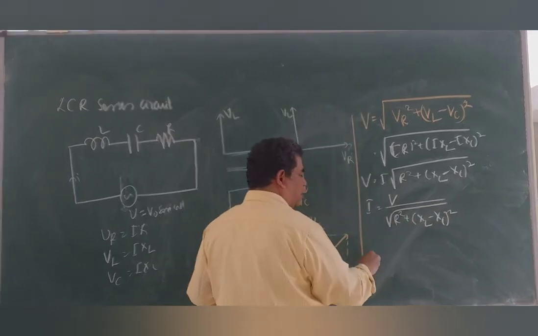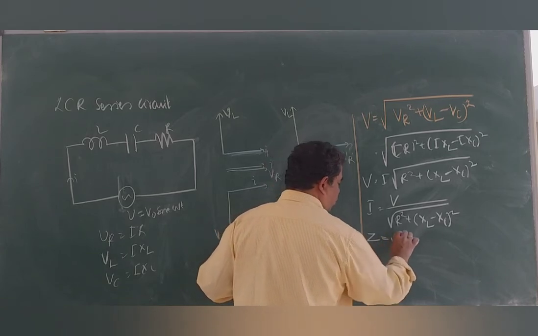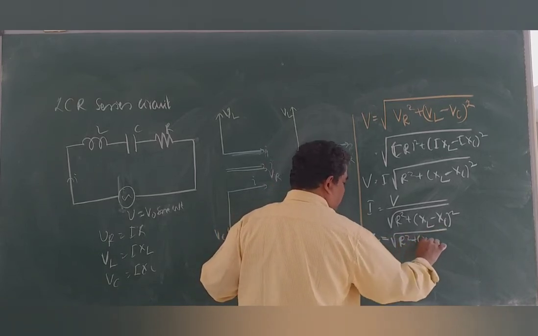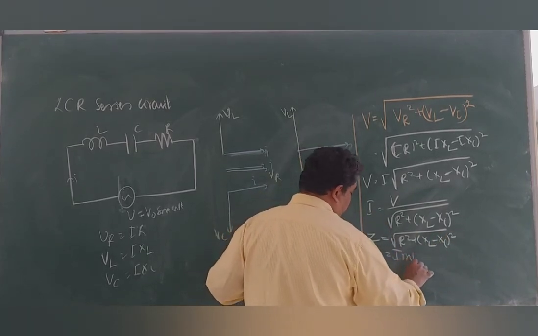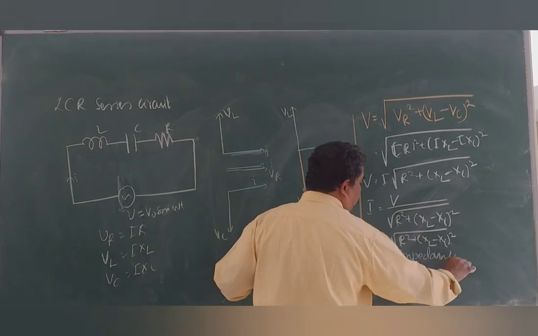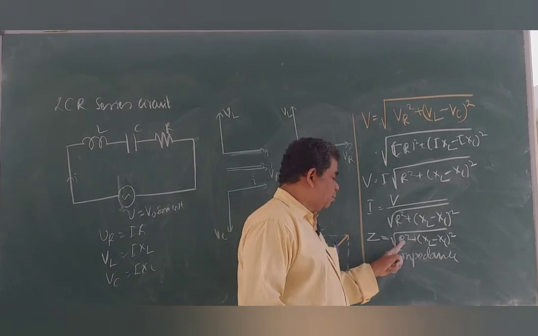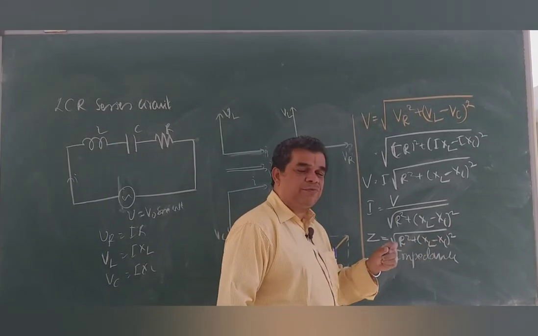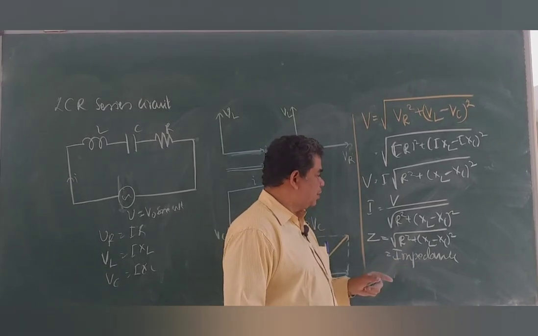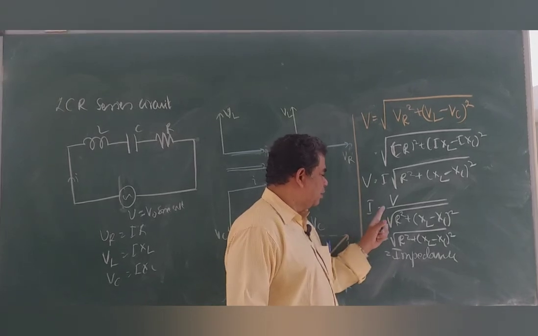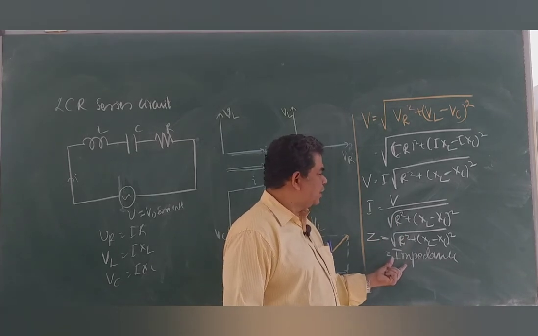But what about this denominator? We call this denominator Z, which is root of R square plus (XL minus XC) whole square. It is called the impedance of the LCR circuit. That is the net opposition for the flow of AC in the LCR circuit. Observe, this depends on pure resistance, and this depends on frequency in terms of reactance. Both things are there. That's why I call it the impedance of the LCR circuit. By using this we can obtain the expression for I also, but that's not required. This is the only thing that is required.